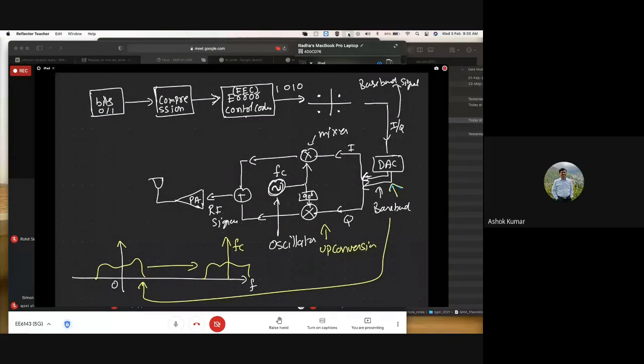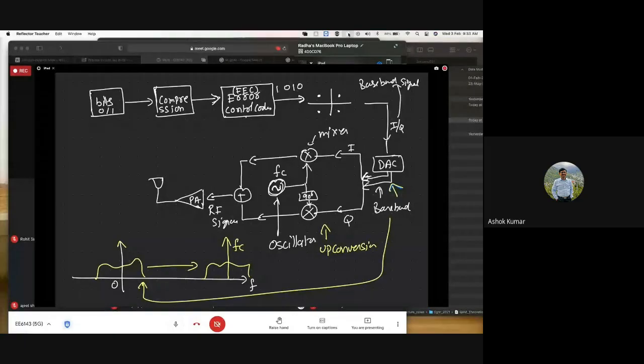So when you say baseband, after the DAC you have 0 frequency initially, and later on it will be shifted to the actual frequency on which it will be transmitted. Am I right? That's absolutely correct. That is what this particular thing is doing. It's taking the signal, multiplying with the oscillator sine and cosine, and converting it to the RF signal. So up to this point is zero center frequency. From this point onwards, it will be at 2.4 gigahertz or whatever you put as FC.